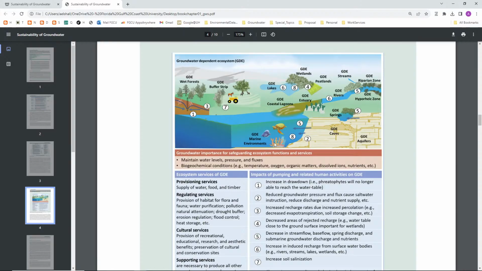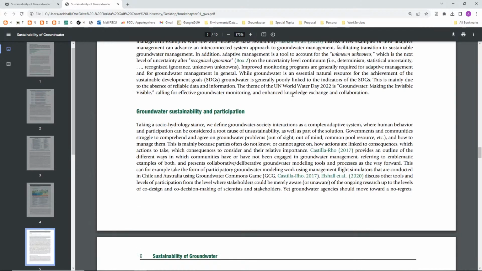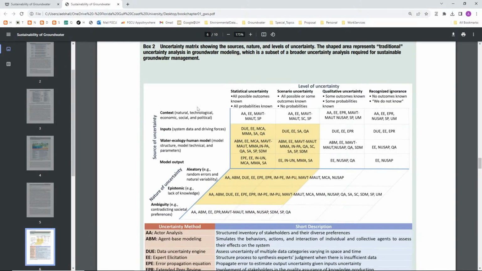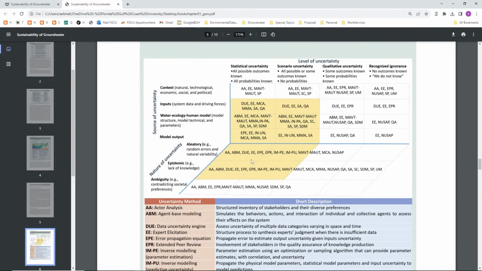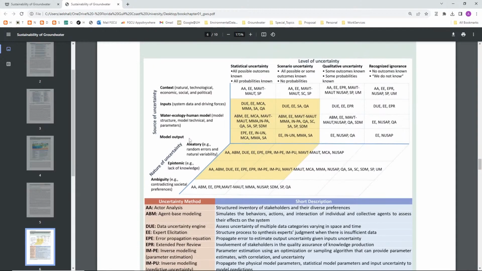So basically, it just tells a story. You can go through this and learn about groundwater. You can learn about groundwater dependent ecosystems by looking at this. Now, here's another figure. I'm not going to communicate very complex ideas. I'm showing you the level of uncertainty, the sources of uncertainty, the nature of uncertainty, and for each of these, what are the methods that you can use to address it. That is tons of information, and I was able to communicate it